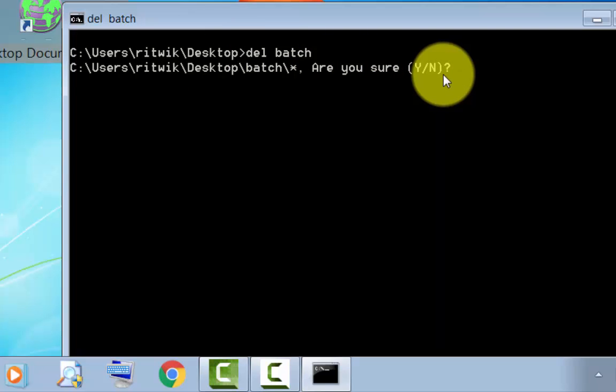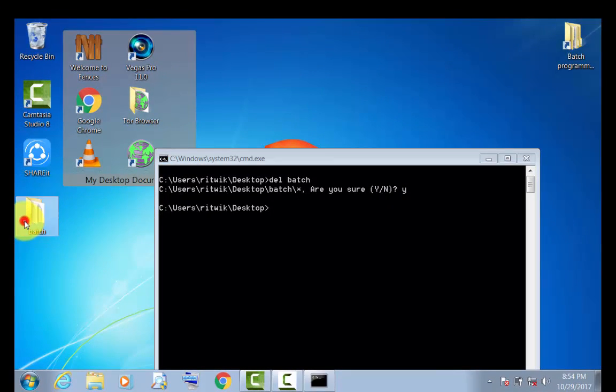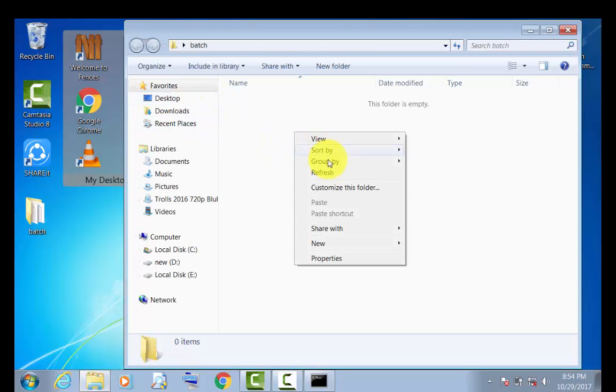If I press yes, then automatically it will delete all the contents of this folder. So this is the interaction what command or DOS is asking from the user. That is why it is called an interactive mode. Here I'll press no. If I press yes, definitely you can see here all the contents has been removed.